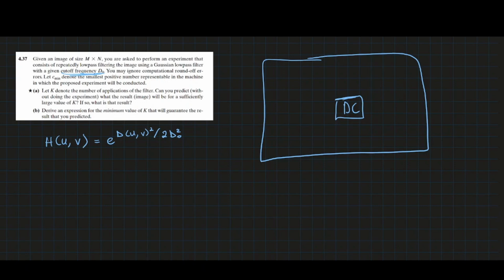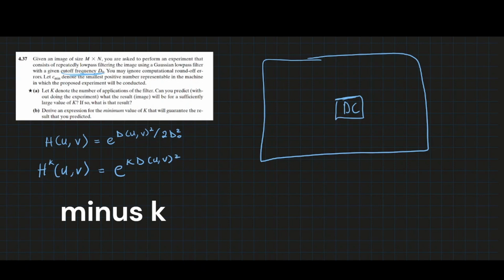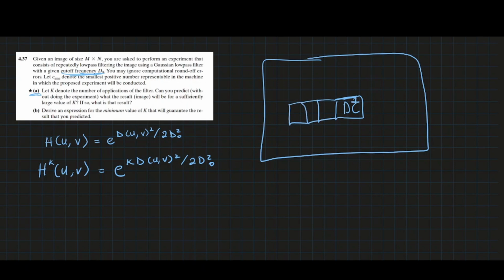Now, if you apply this k number of times, it's basically just going to be h raised to the power k of (u, v), equals e to the power of negative k times D(u,v) squared over 2D naught squared. For the repeated filtering, that is k number of times, for it to match what we predicted in part A, we need all non-DC frequencies, that is all the frequency spectrum apart from the DC frequency, to become so small, like 0.00000, so small that the computer can no longer